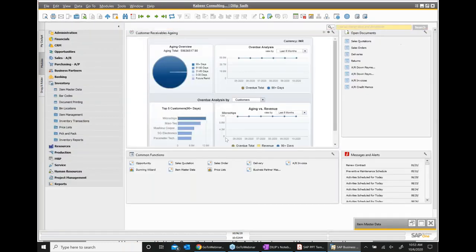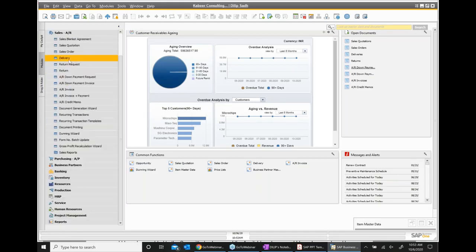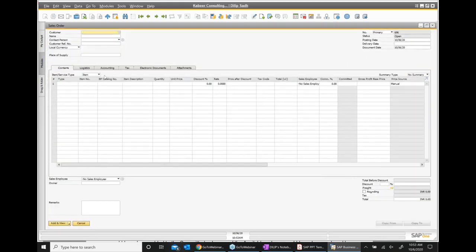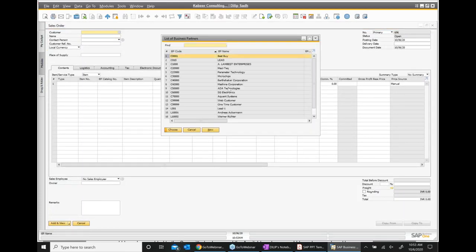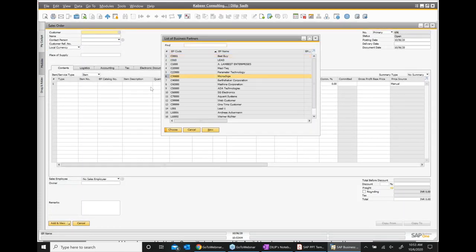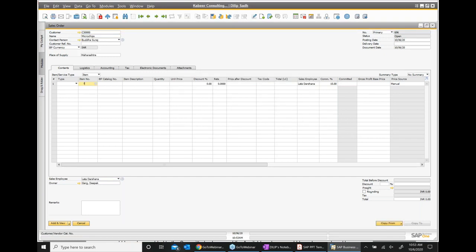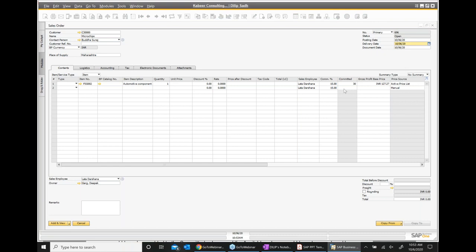So let us say I want to create a sales order. I go to sales order, I go to customer, I select any of my customers and I select this item FIG002 automotive component, and select the delivery date.